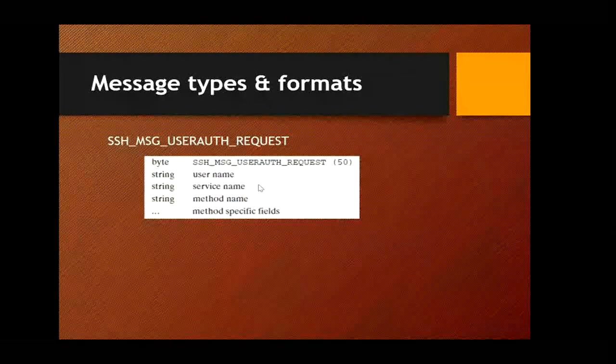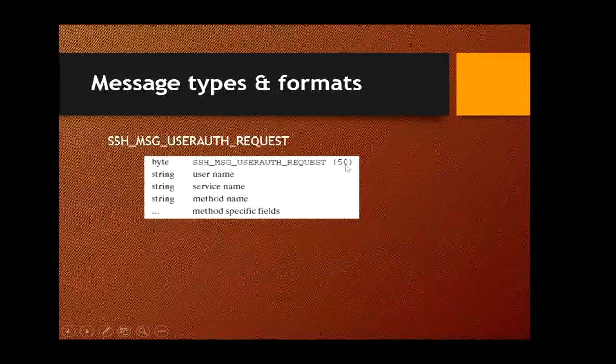So this format basically has a byte, then it has the message format which is given here, and you have this decimal number 50. Okay, so this basically corresponds to the byte with a decimal value 50.